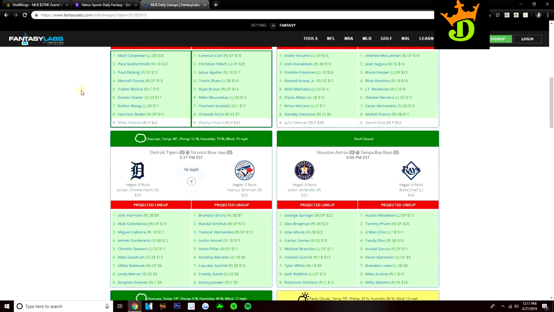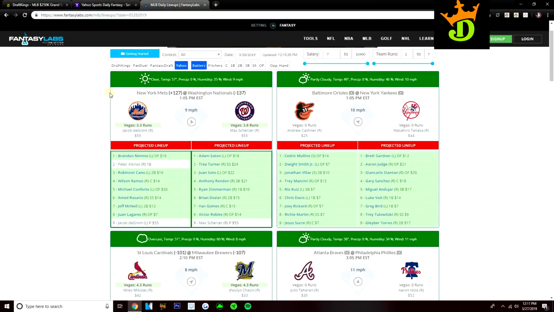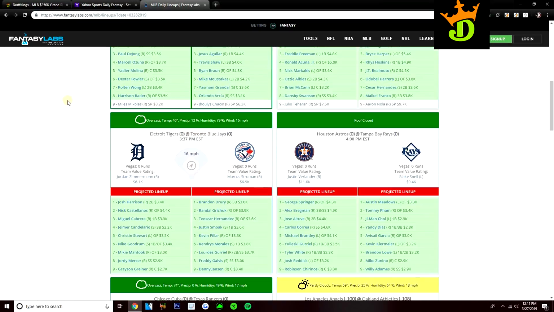It's a team that does strike out a bit. We look at their projected lineup for tomorrow. Not a ton of great hitters in this lineup. Austin Meadows, obviously an up-and-coming prospect, but still not the best hitter. Tommy Pham's a pretty decent hitter, but once you get past Pham, there are some strikeouts in this lineup.